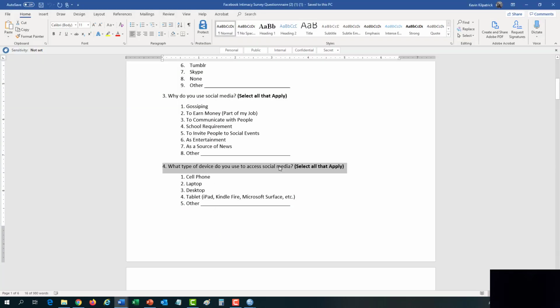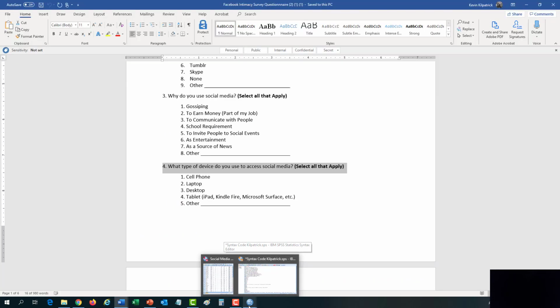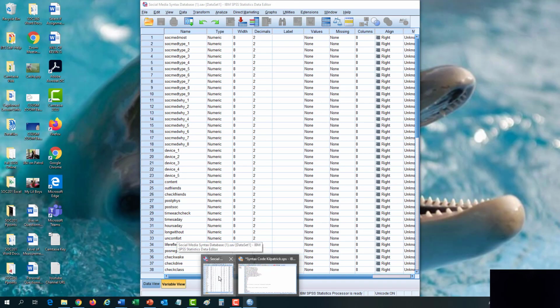It says, what type of device do you use? Select all that apply, and it has 5 answers: cell phone, laptop, desktop, tablet, and other. So in the syntax window, actually I'm going to go to